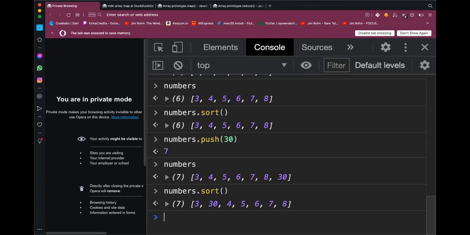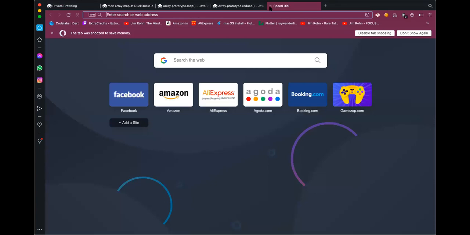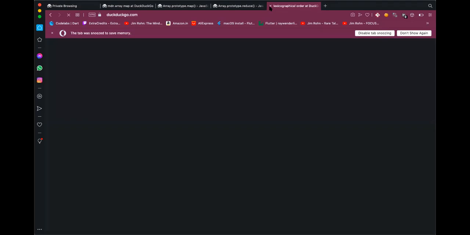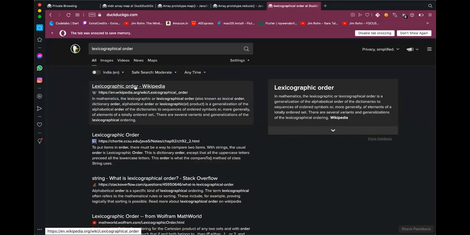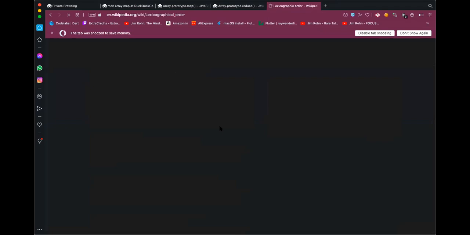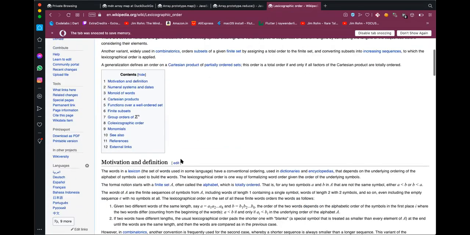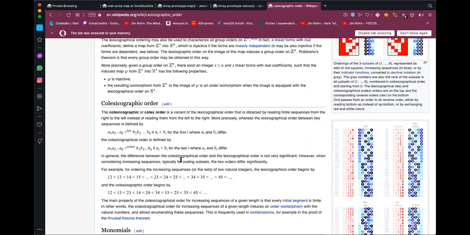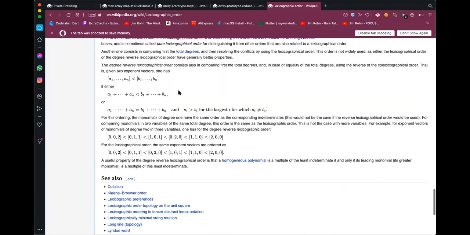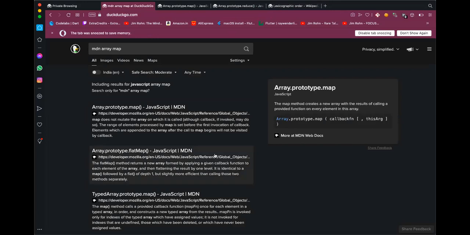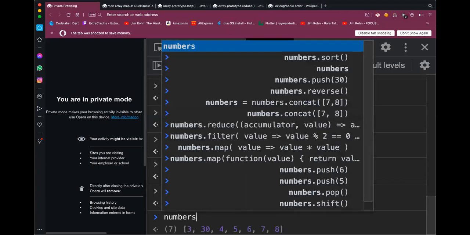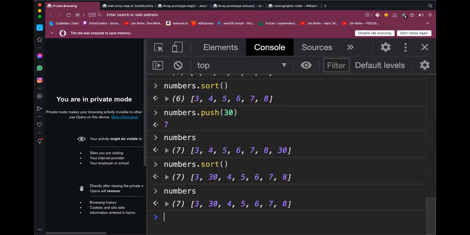So in JavaScript, the sorting happens in lexicographical order. In most languages, it works in lexicographical order, which causes all kinds of problems. When I say lexicographical order, or lexical order, it sorts by characters, basically by A, B, C, D, or 1, 2, 3, 4. So when we sorted here, it got sorted by 3, because 3 was the first character. And this is not what we want actually. We want our sort to sort by numbers.